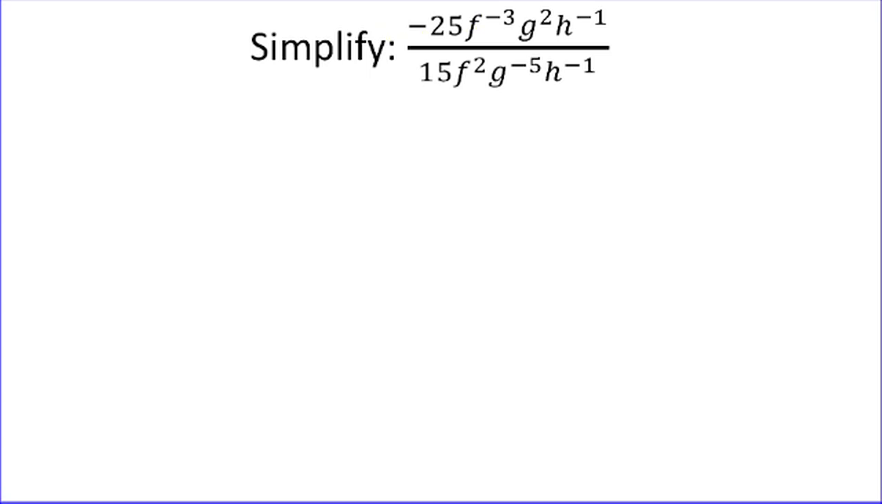So in the first step, we are going to look to convert all of our negative powers, or factors with negative exponents, into positive exponents. So I've highlighted all of the factors with negative exponents. Notice I did not highlight the negative 25 here because even though it's a negative number, it's not a negative